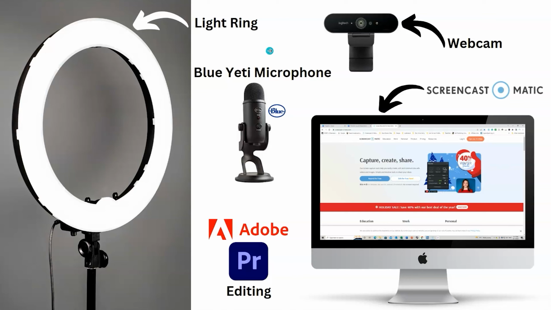Then I purchased a Blue Yeti microphone, and I've had this for my other content that I create. It's called the Blue Yeti, and it might cost you around about $180, maybe $200. I think it was about 220 Australian dollars. Then I've got Adobe Premiere Pro for my editing, and I'm still working through how to use that correctly. I only use the basics of it, but it's very effective and it's nice and easy to use.